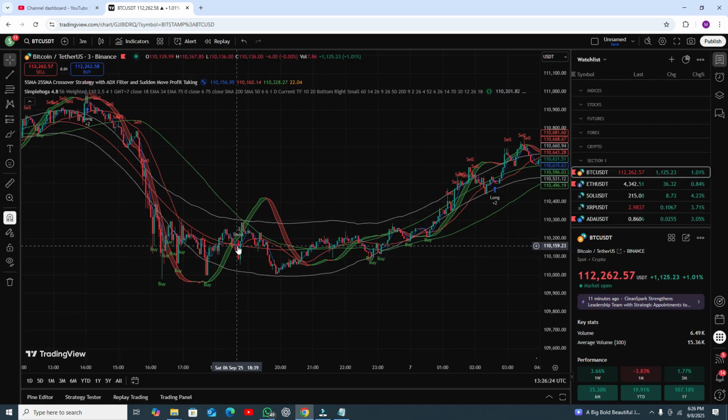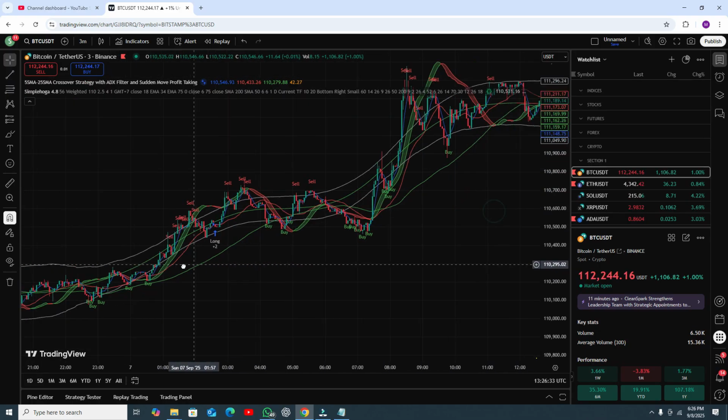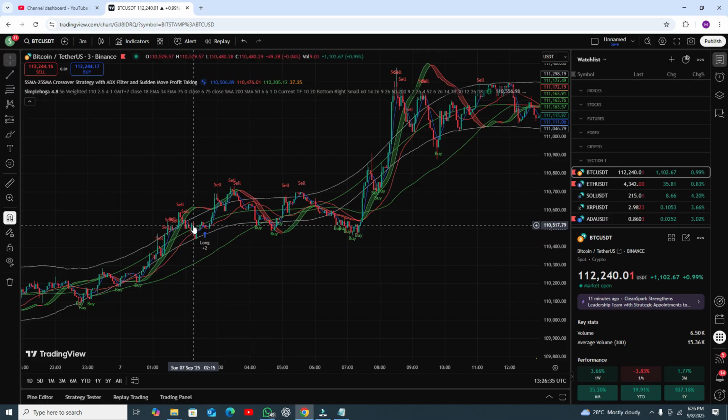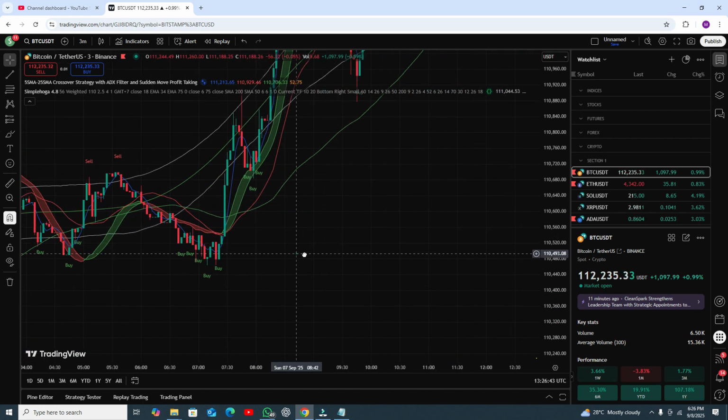After getting the sell signal, you need to make sure. Here you can see the sell position, that is a good signal. After getting the buy signal, you do not need to open your buy position from this point. You need to open your buy position here, let me show you, this one.